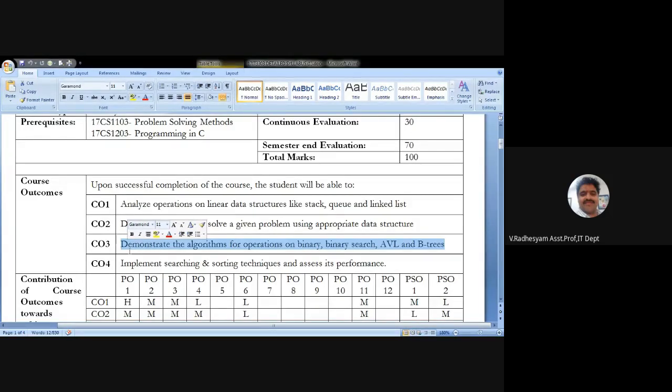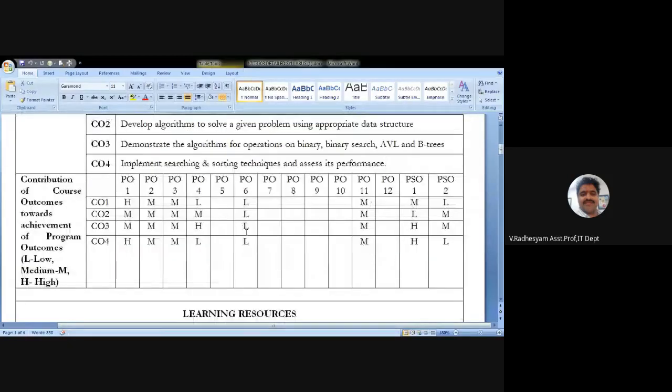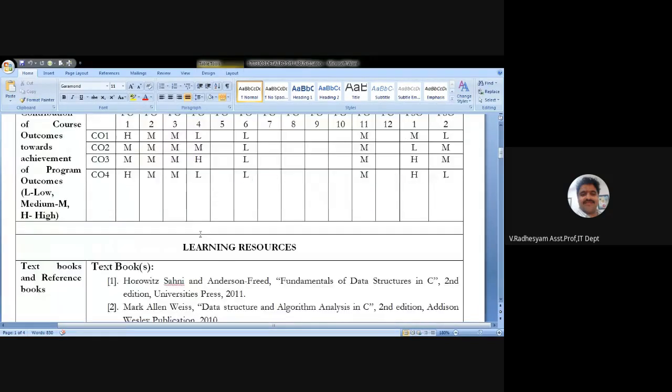You need to select it and you need to solve. That is the CO2, which is the most generic course outcome. Fine. So all these four course outcomes are mapped with program outcomes and program specific outcomes. So this is about the course outcomes.